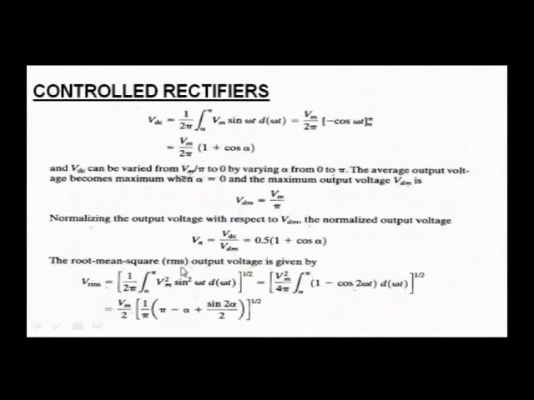Now, if I want the root mean square value of the output voltage, then I just have to apply the formula: square root of the integral to the power of half of Vm squared sin squared omega t d of omega t over a period of one full cycle, 1 by 2 pi. Anyway, you need not bother, this is not there, but I just wanted to show you the value of the DC output. The maximum value of the DC output in this circuit is Vm by pi, and the minimum value is 0 when the firing angle is varied between 0 to 180 degrees.